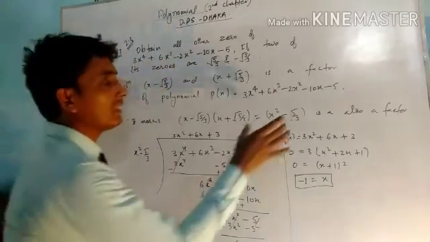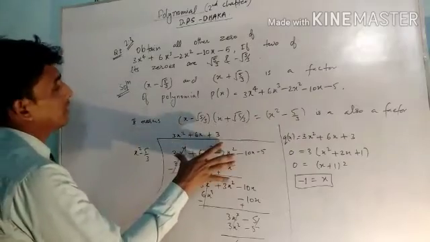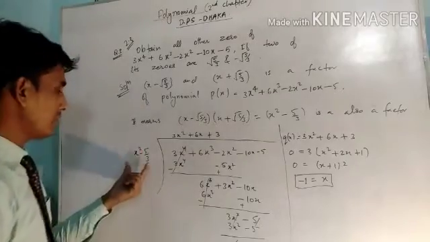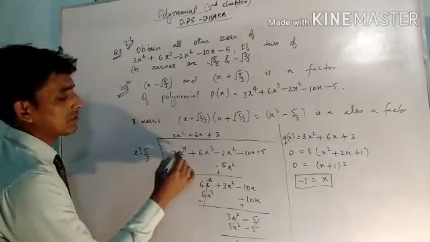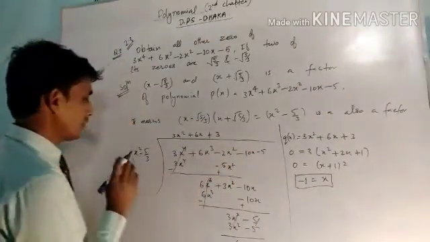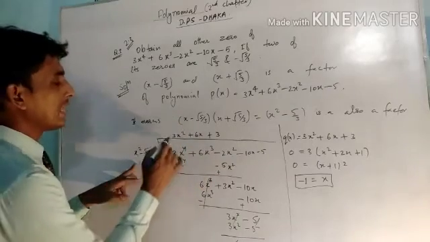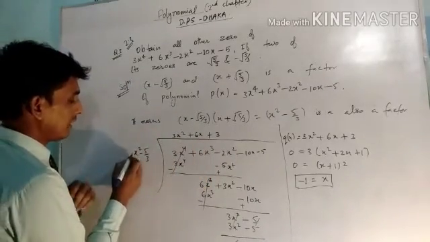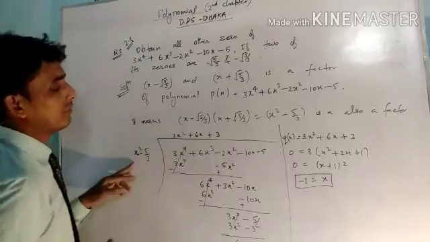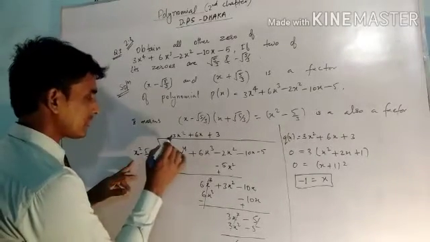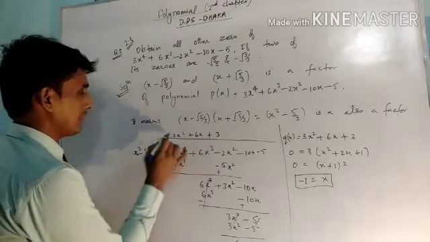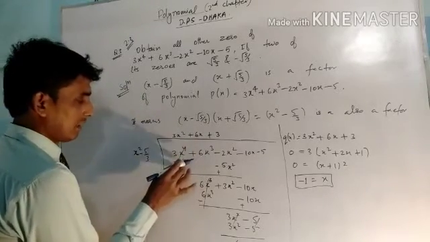Now, we will divide the given polynomial with this factor, and we will get another polynomial. The polynomial is 3x to the power 4 plus 6x cube minus 2x square minus 10x minus 5. So we will divide this and write the quotient polynomial here. First of all, here we have x square, and here we have 3x to the power 4. So there should be a term put here so that if you multiply with this, you get the same as it is.